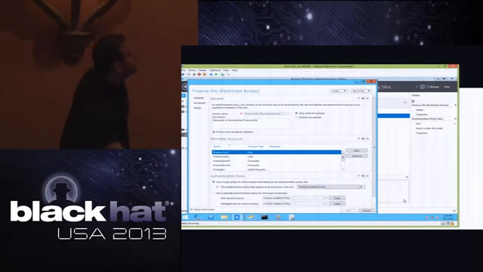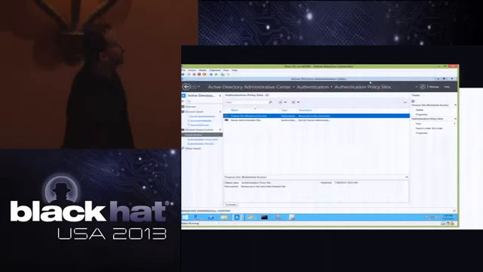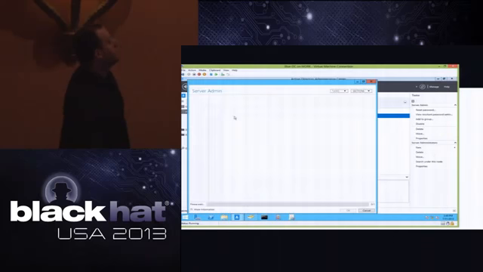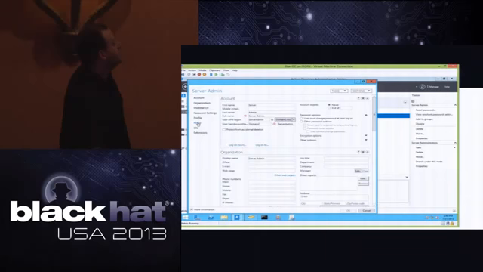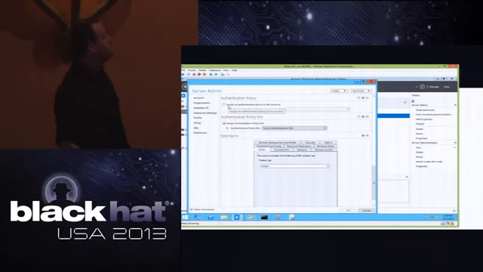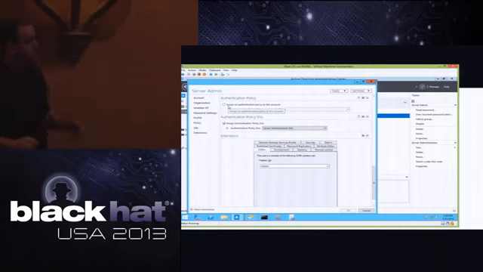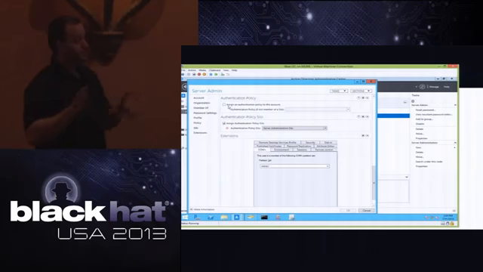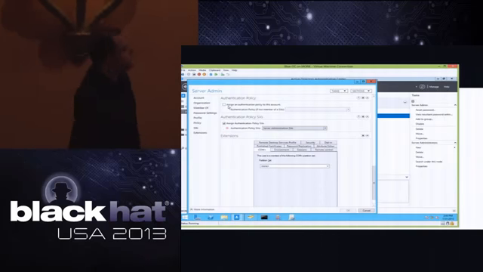Ultimately, the control, though, is on, and this is some mouse acrobatics I didn't anticipate, the control is on the accounts. So if you look at the server admin account, for example, go down to the policy area, you'll notice you can assign an authentication policy or a policy silo. Silos take precedence over policies. So if a silo has a policy associated with it, and users are configured for both, the silo will win. And ultimately that silo itself, which we just saw is associated with the policy,